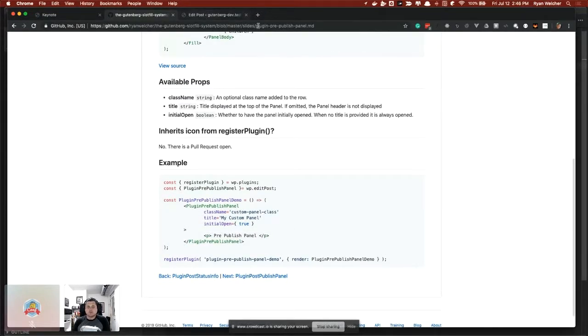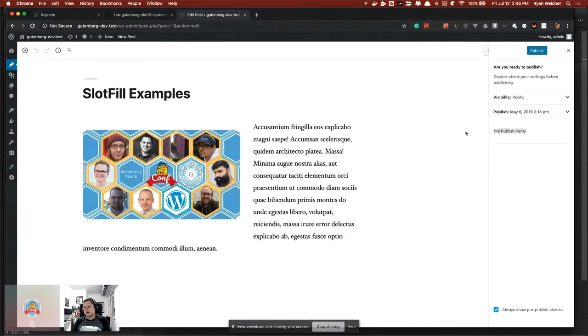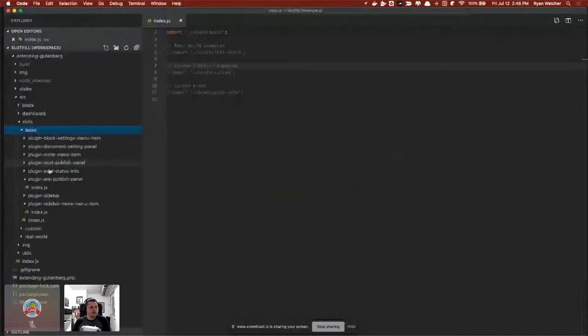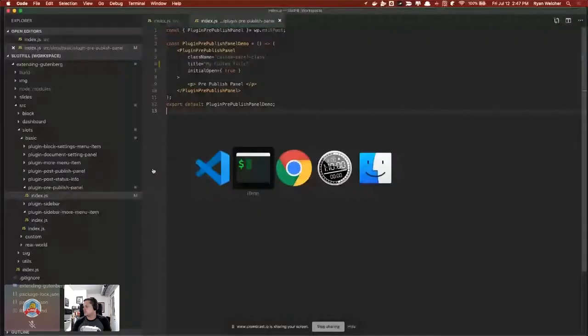And then if I jump over here and I go to publish, you can see that I have a pre-publish panel. And I'm just going to make a little change there. That is actually what shows if we didn't put the title in. So if I add a title now, I can say my custom title, right? And I'm just going to rebuild that real quick. And if we refresh,